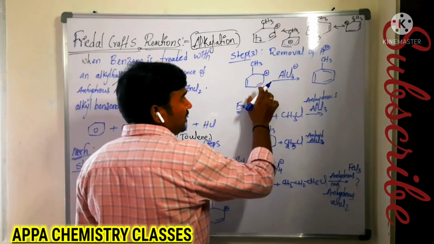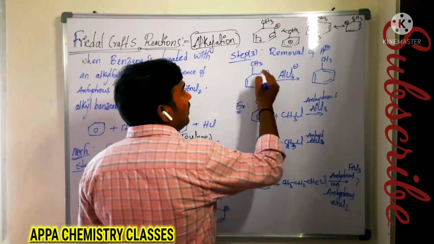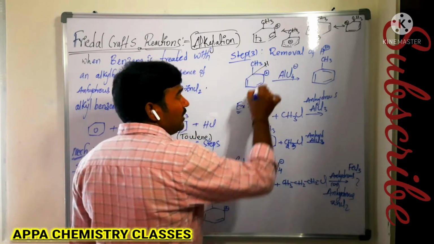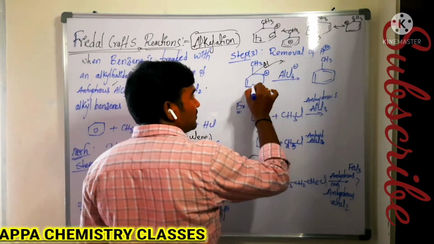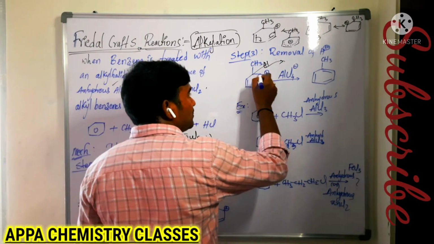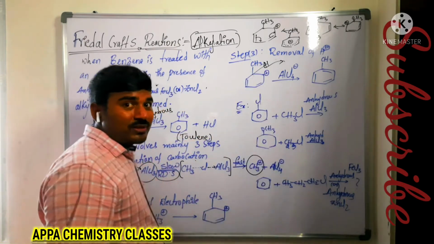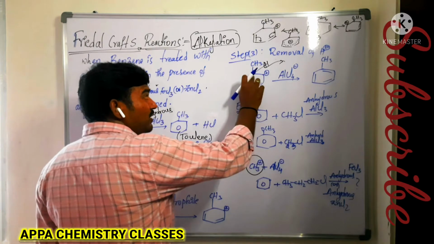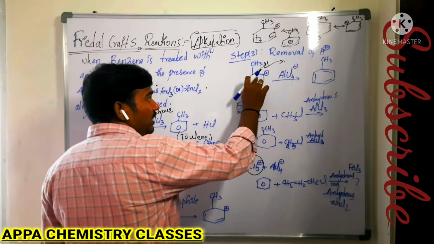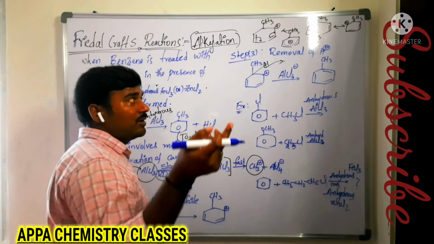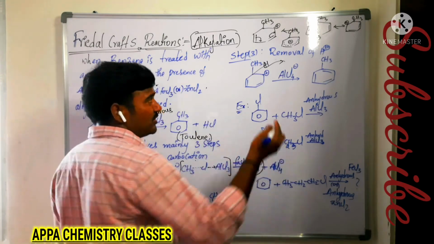Now here in step 3 we have the carbocation and also this methyl group containing this carbon has the one hydrogen. The removal of this proton takes place. Why not this proton? Why only this proton? Here also one proton is there, no? Why not this proton? Because it is an allyl carbon. The carbon adjacent to the carbocation is called allyl carbon. That carbon containing hydrogen is more acidic one.